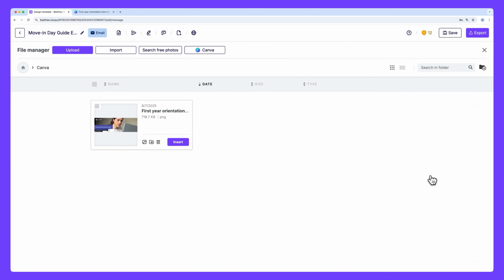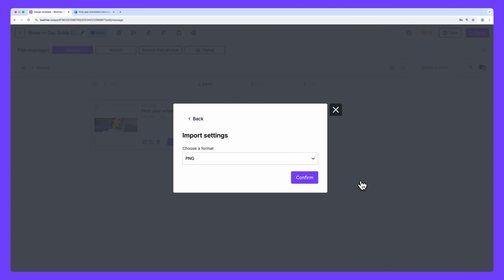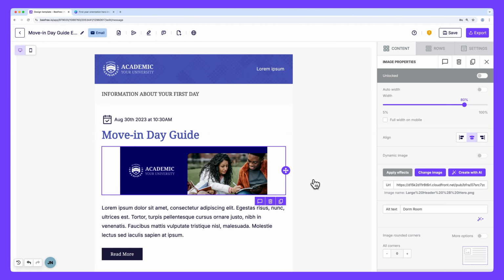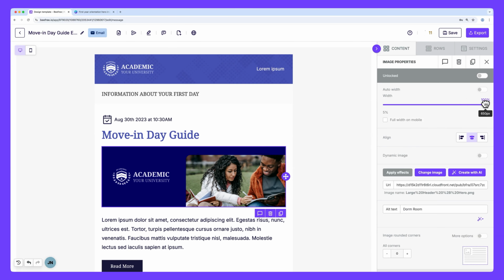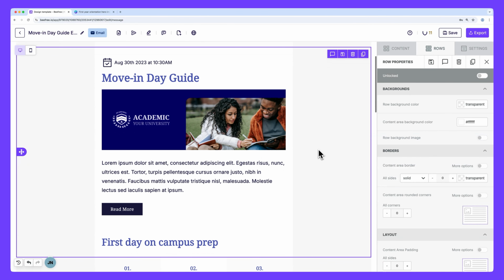This will open up the file manager. Next, click the Canva button to open a list of your Canva designs. Once you select a design, you'll be taken to a window to confirm your import settings. If your Canva design has multiple pages, choose the specific page you want to import and then the file format before clicking Confirm. And you're done. Your Canva design will be automatically inserted into Beefree as well as stored in the Canva folder in your media